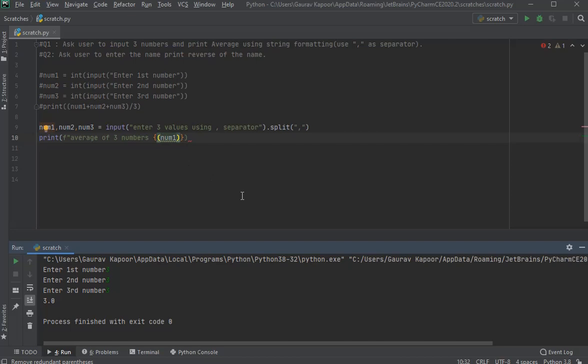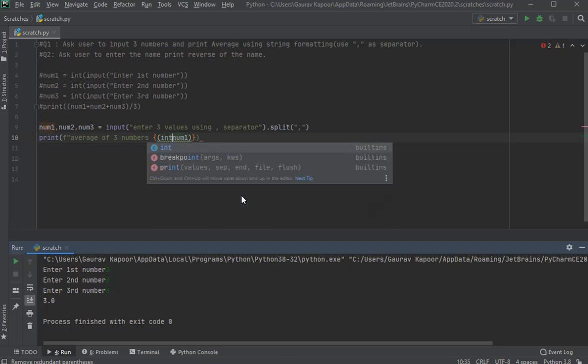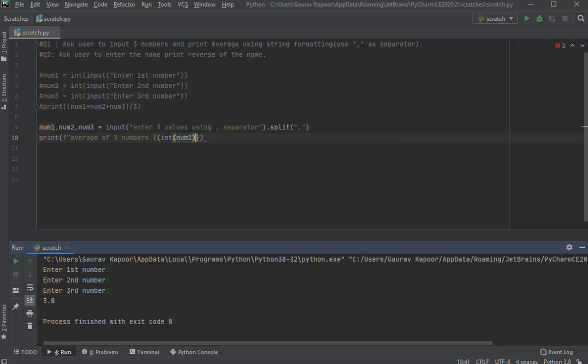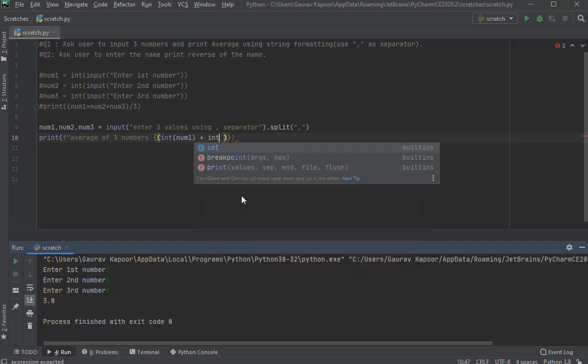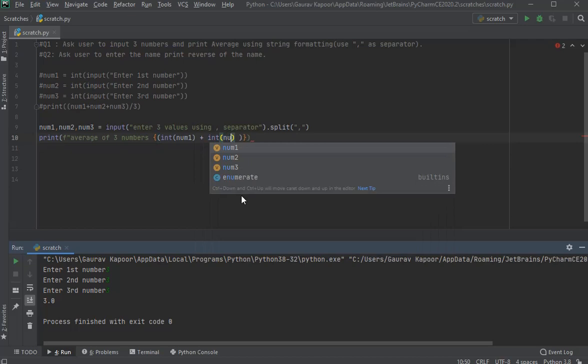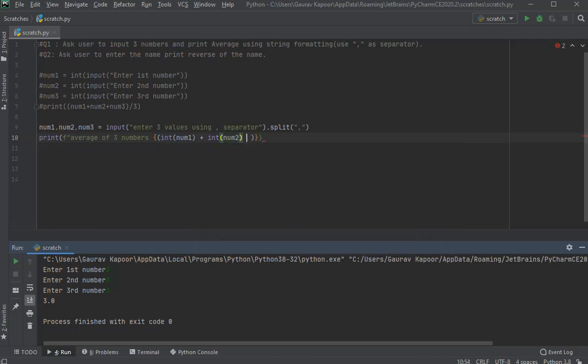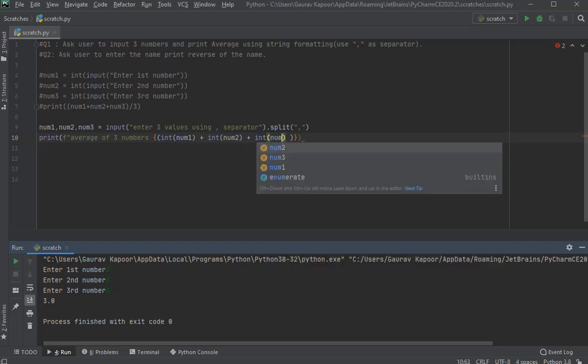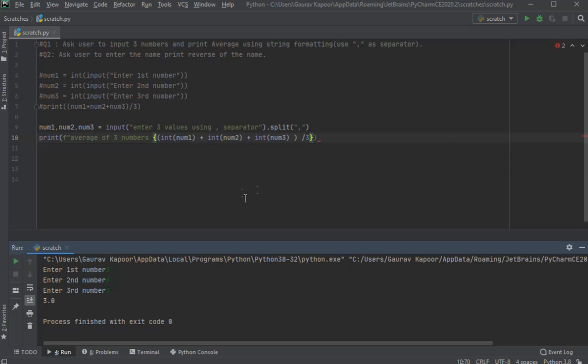To convert it to an integer, I'll be using int and in brackets number 1, then plus, I'll be giving spaces for you, int brackets number 2, and then plus int in brackets number 3, and then after adding all these 3, I will be dividing them by 3. Okay.